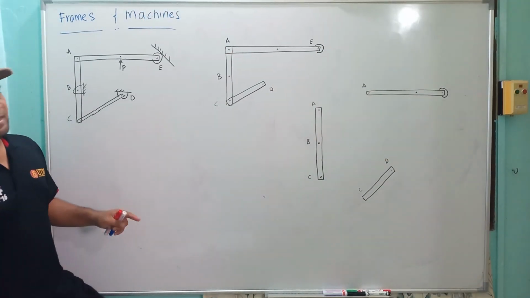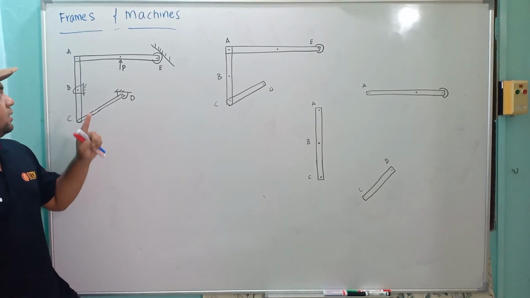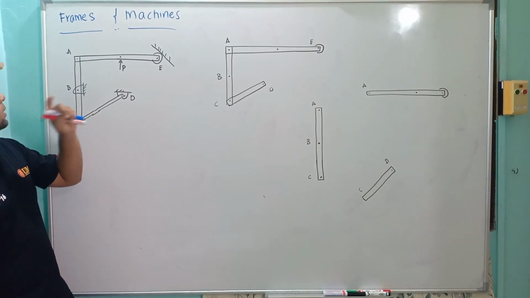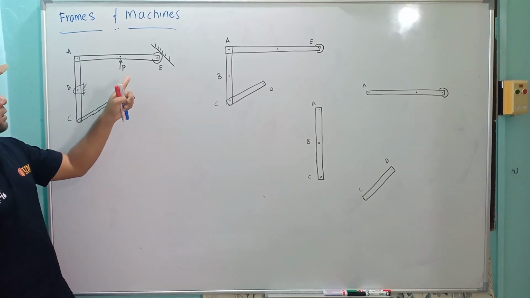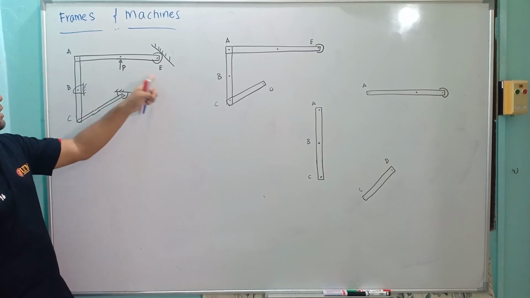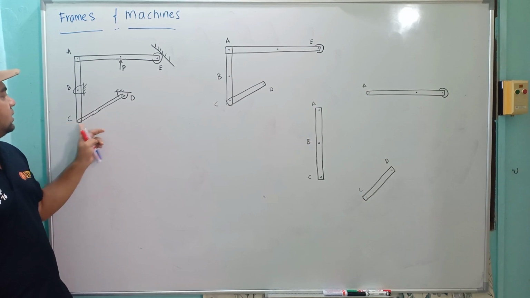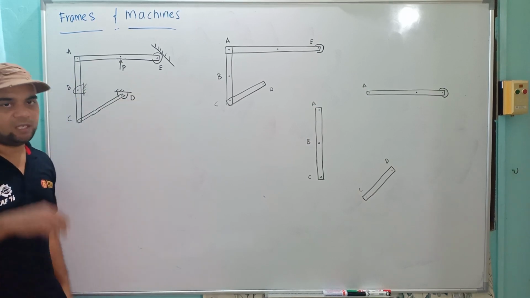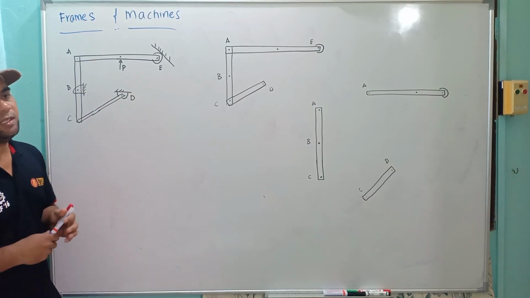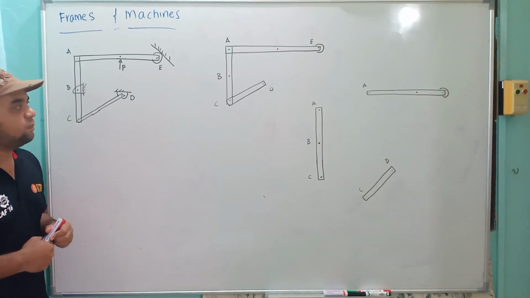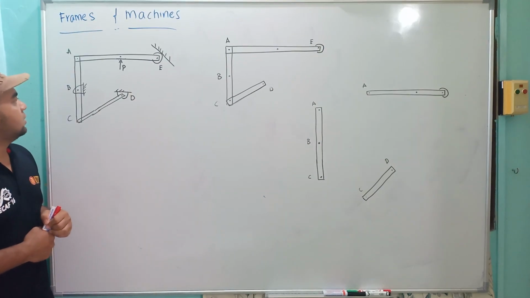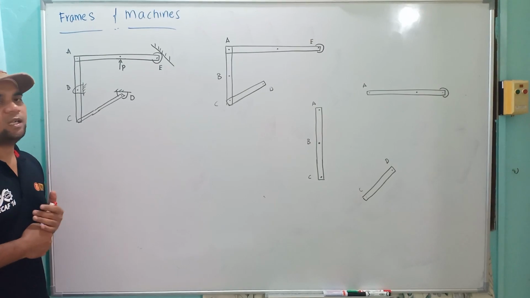So continue with this second example. We have this system with three rigid bodies, which is AE. The first one A, B, C, and then the third one is C and D. So we have three rigid bodies attached together to become a complete system. Okay. So we want to draw the free body diagram for this one.